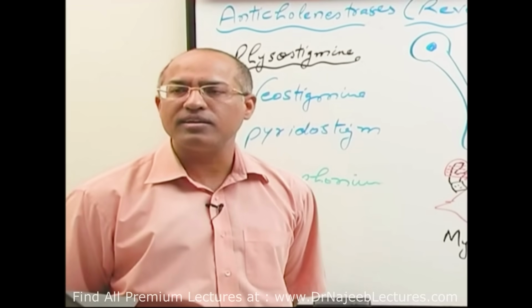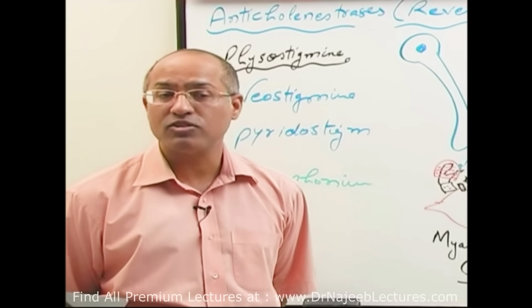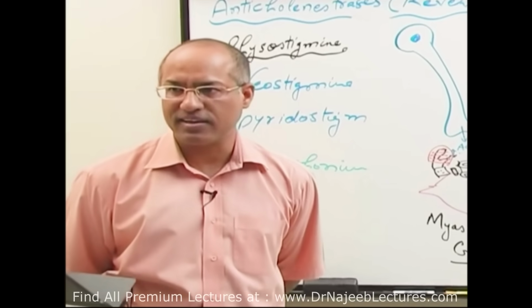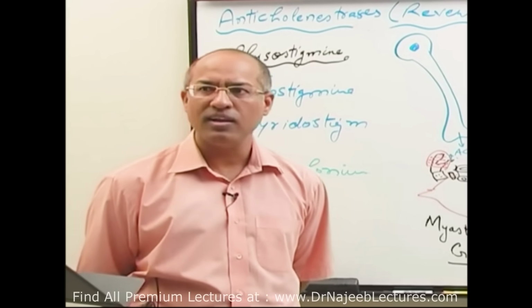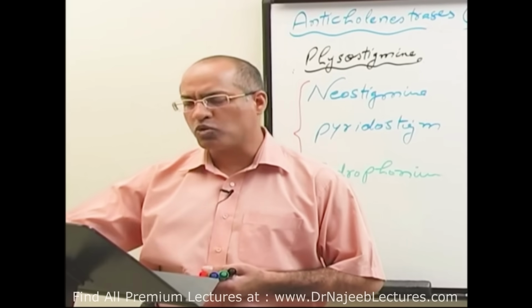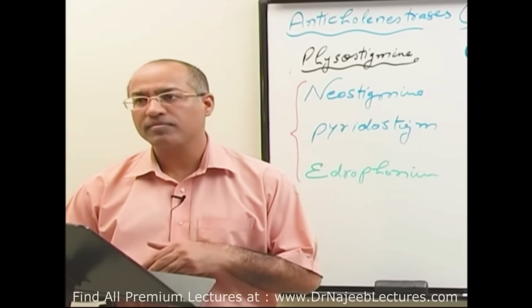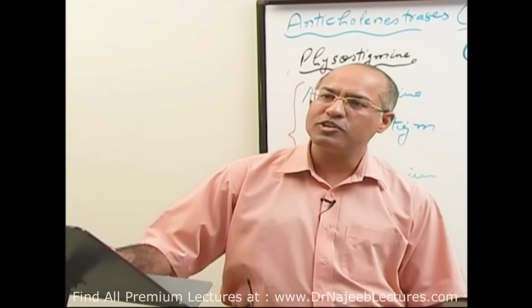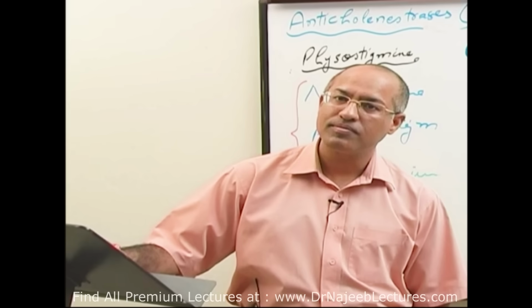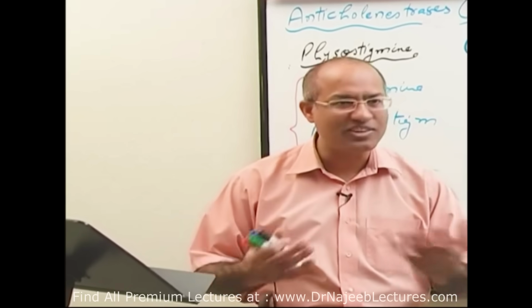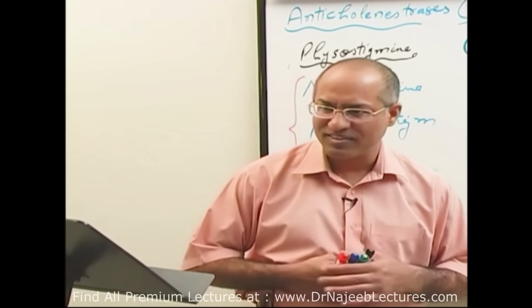So neostigmine is a strong indirect cholinergic drug, but it is also a weak directly acting nicotinic stimulant, a nicotinic channel at muscle stimulant. Right? Any question here? There's no question. Can you tell me if there is any other use of neostigmine? Can you tell me some other use of neostigmine? Why don't you tell me that neostigmine can also be used to move the bowel and bladder, because it also increases acetylcholine at muscarinic neuroeffector sites.